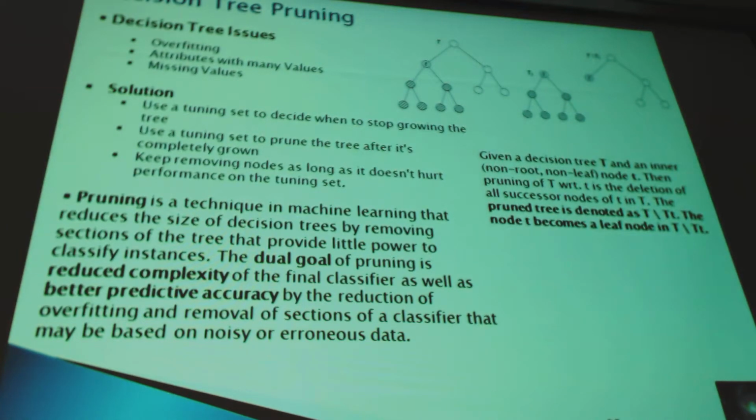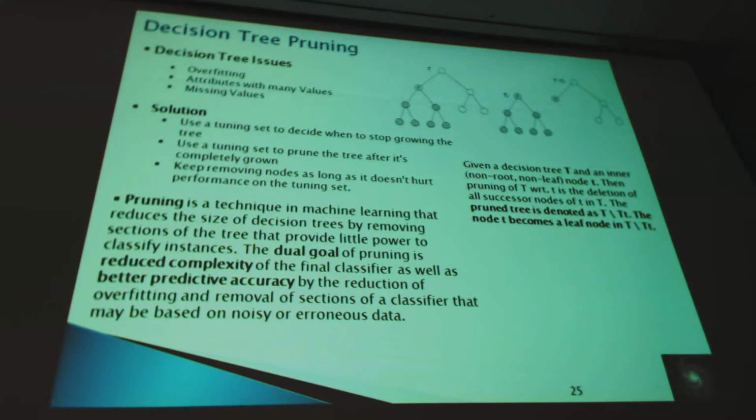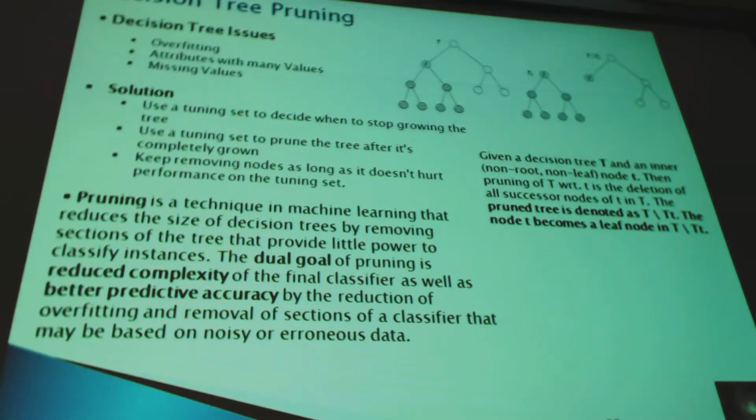So what is decision tree pruning? Decision tree has some issues. The biggest issue is overfitting. Overfitting happens when you have many attributes with many values, so the tree becomes very large and complex. The ultimate predictions of the classification that it provides are noise, and it has poor predictive power. That is one symptom of overfitting.